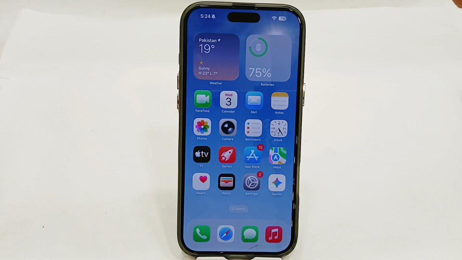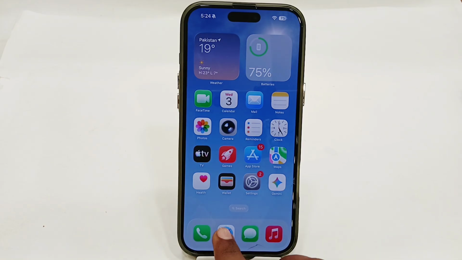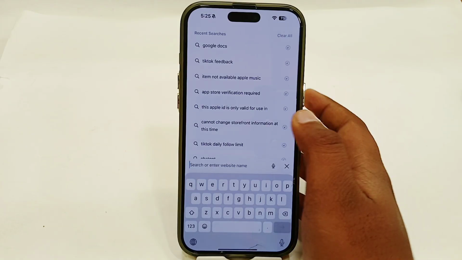Hey guys, today I'm going to tell you how to get the Google Docs app for iPhone. If you're using any iPhone and you want to get the Google Docs or Google Document app, let's see how you can do that. You just have to simply open your browser here and search for